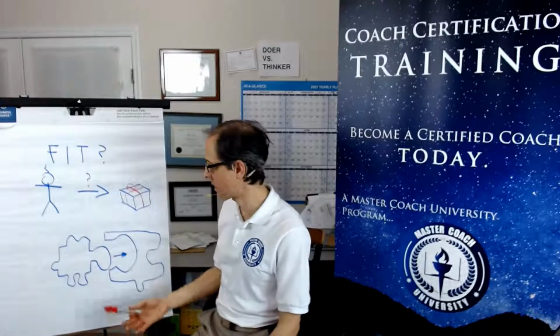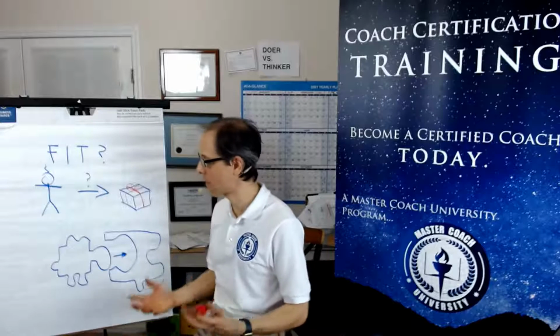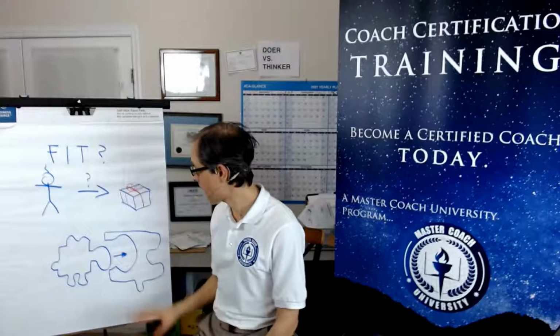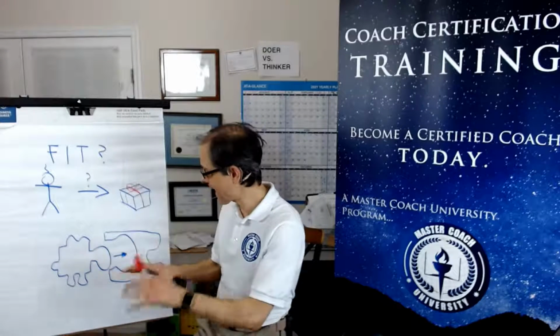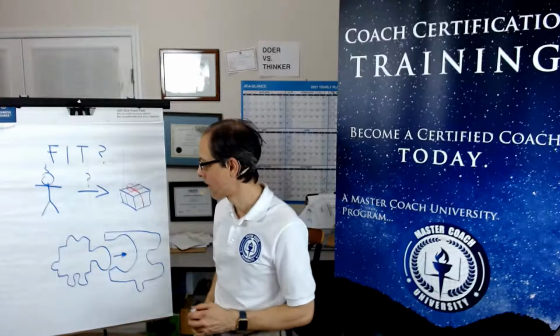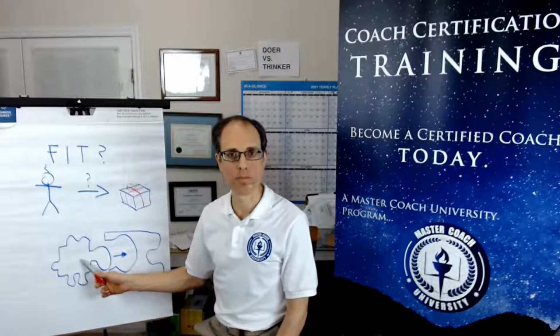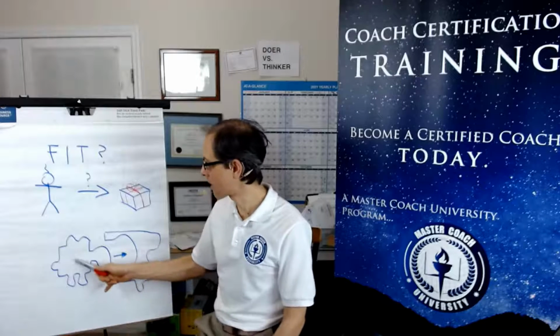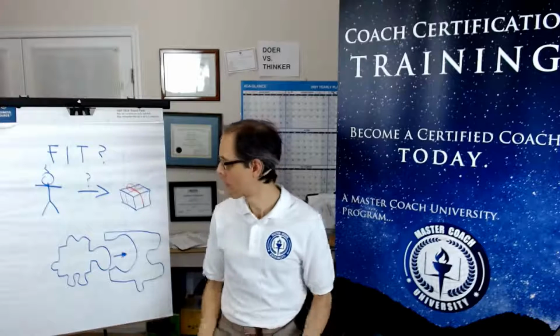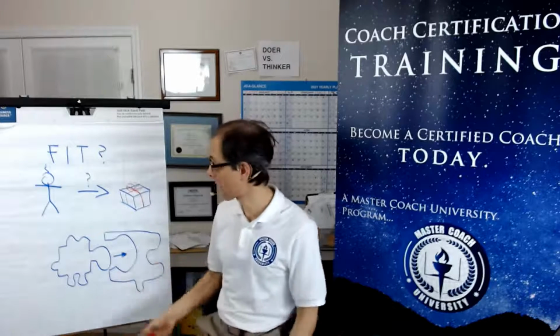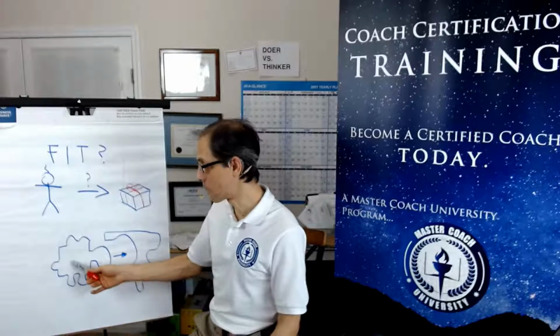They're shaped different. They act different. They have different behavioral and value profiles, as you know, if you're in our training. And we've got to make sure that we're connecting those puzzle pieces just right. Your solution is one of the puzzle pieces, but your client is another one. If you understand the puzzle piece that your client is, you probably know your solutions. Hopefully you've got more than one, right? So if you know the puzzle piece that is your solution and who it tends to fit for, you should also, if you know your client, be able to fit them with the right solution.